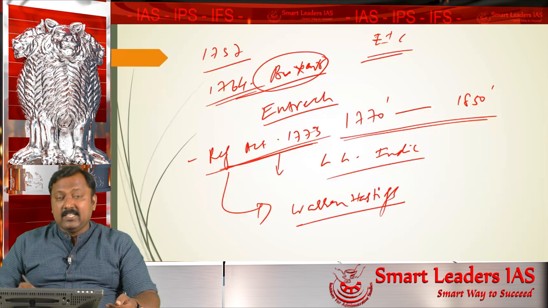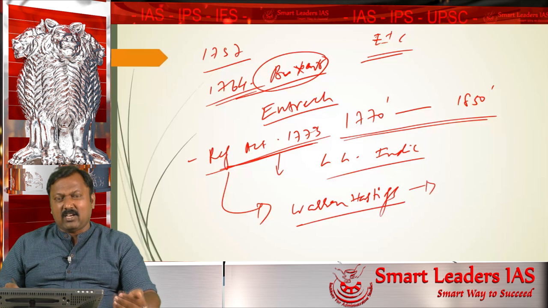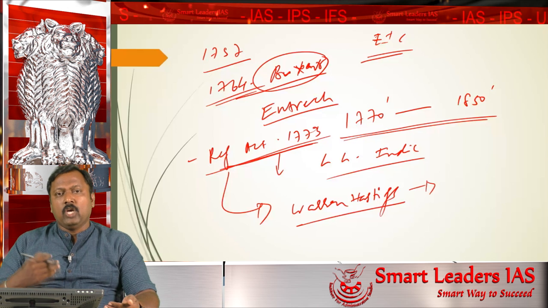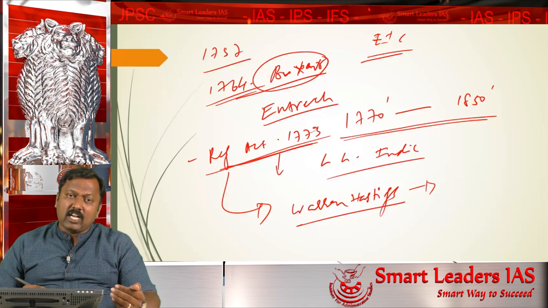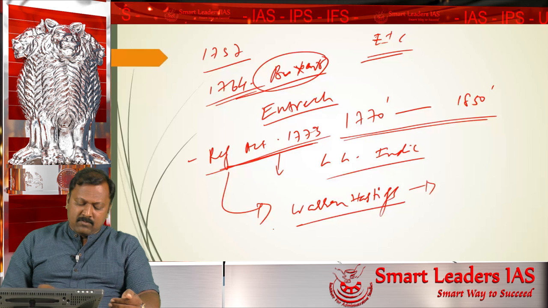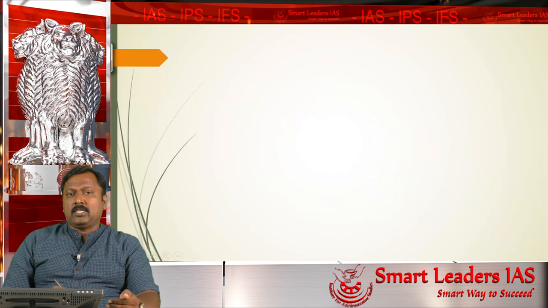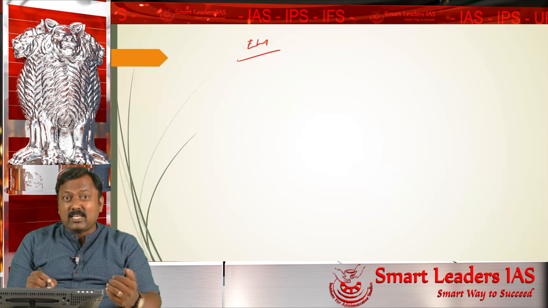Warren Hastings was the first Governor General, and over a period of time came Warren Hastings, Cornwallis, Wellesley. Sequentially, one by one, all the Governor Generals we are going to see in some other class. What are the achievements of the Governor Generals, what did they do, why did they do, all we will see. Just sufficient to know that in the process of entrenchment, the British had begun to establish some systems.